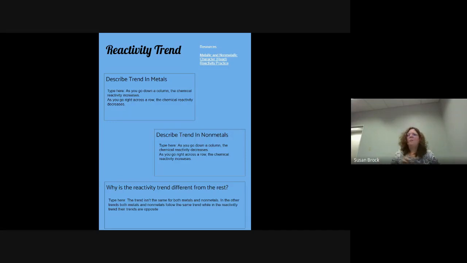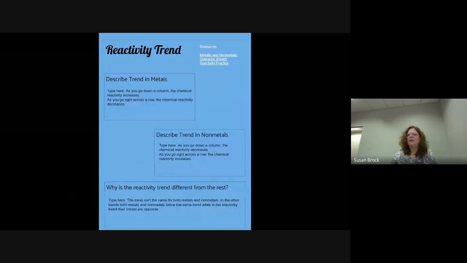So metals act differently than non-metals. So we have to break this trend up too, kind of like we had to do for the atomic radius. So the trend in metals is it increases as we go down a group and it decreases as we go across the group. So if we were looking back, and I don't really want to do that for you because those of you who are writing this down,